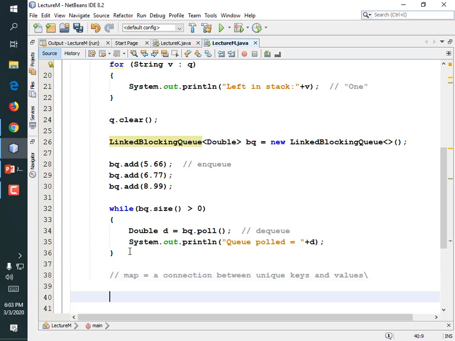So let's make our sorted map, and it's going to map first names to colors. We want to know these kids and their favorite colors. So, SortedMap<String, String> SM for map, sorted map equals new SortedMap<>();